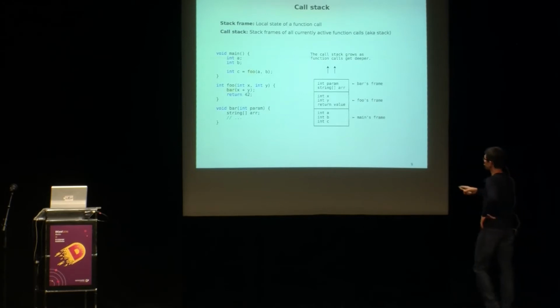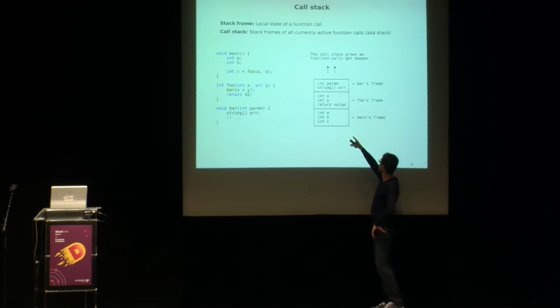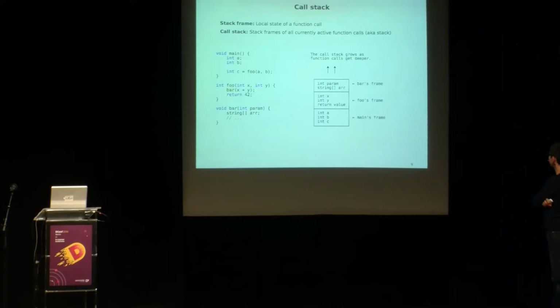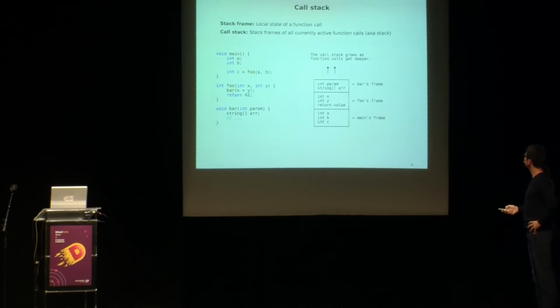And everything happens in a call stack, because every function call receives a stack frame. For example, here we have main. It makes a call to foo. Another stack frame is put on it automatically, mainly a CPU feature, but of course the compiler uses that feature. And this automatic stuff happens and you never lose track of where your program is, or where your program never loses track. This is especially useful in